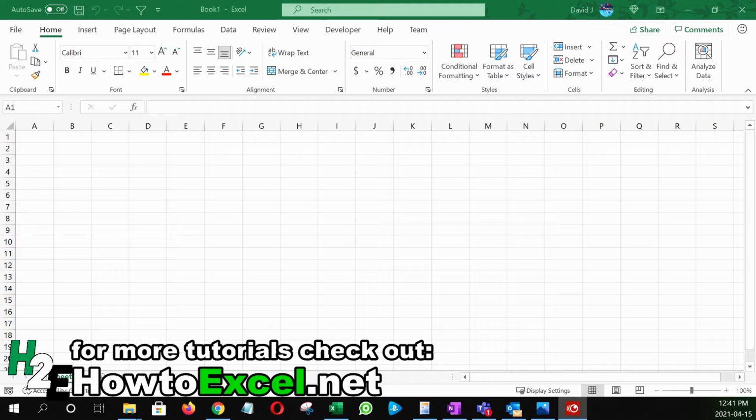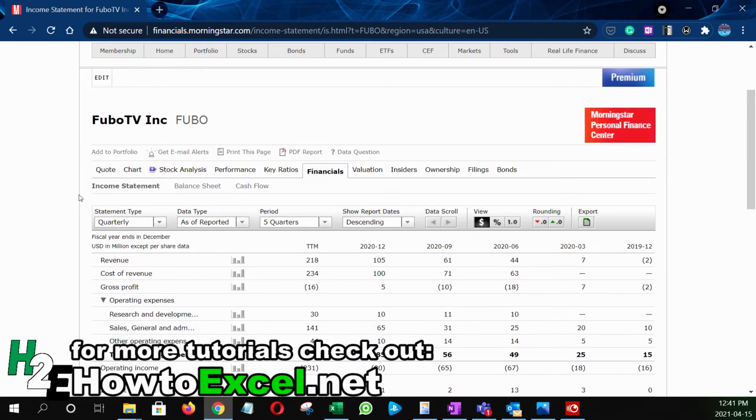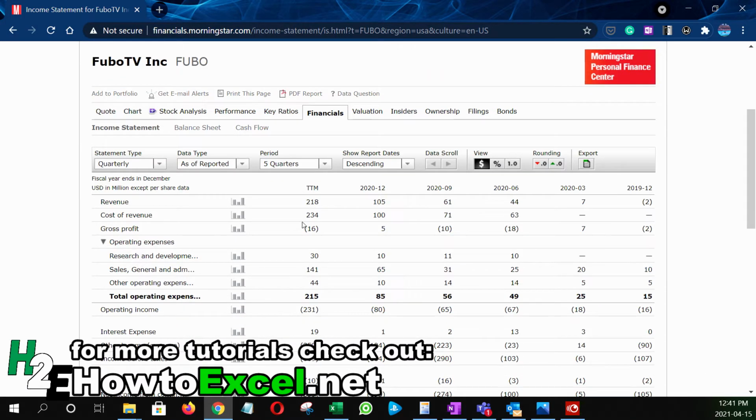And so the stock's been falling of late in the past few weeks, and I thought it might be worth taking a look at. If you want to follow along, you can go to Morningstar.com, where I'm going to download their data from. And the one thing that perked my attention about FuboTV is that these guys have a negative gross profit